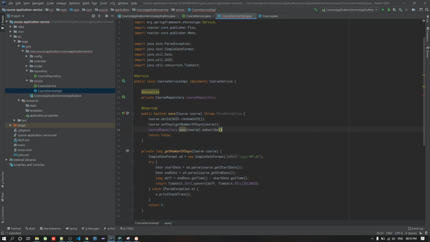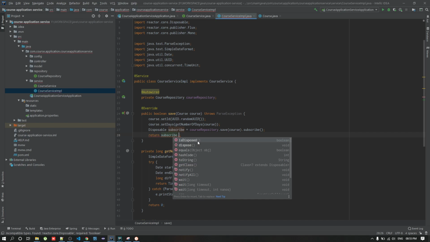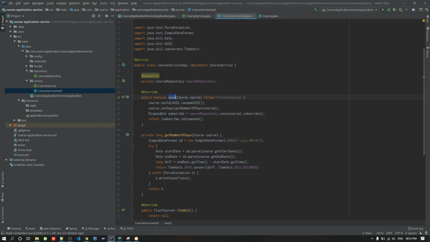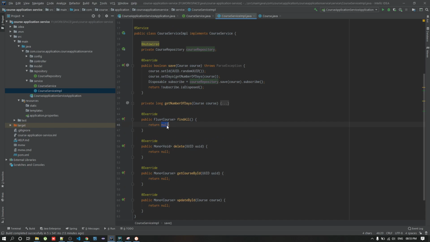So we have to subscribe, then it will return the output, which will be the return of negation of is disposed. Save part is done.